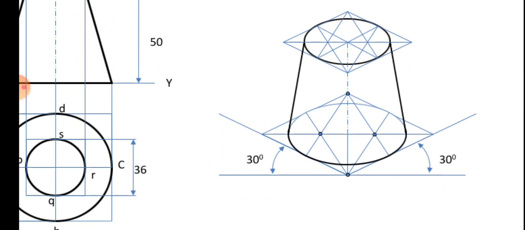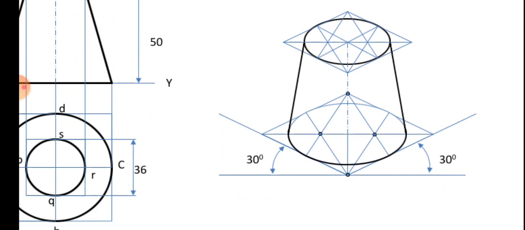Okay, is that clear? So with these many things, I think the majority of the problems you should be able to solve. I don't think there should be any difficulty in drawing the problem. Of course, there's one more thing left, that is drawing the frustum of a pyramid. This is frustum of a cone I have explained, but frustum of the pyramid is also the same procedure. There is nothing different, but this is just an ellipse, right?